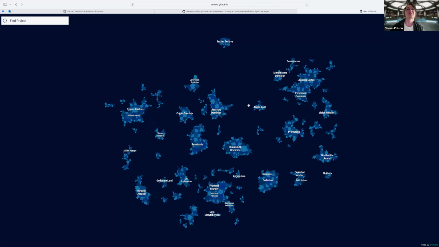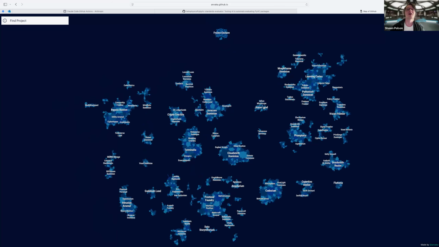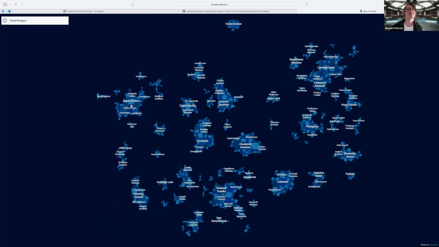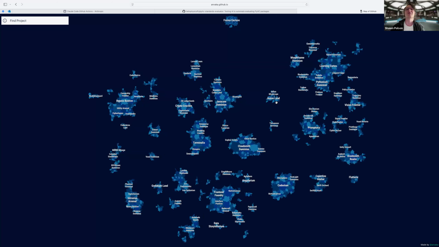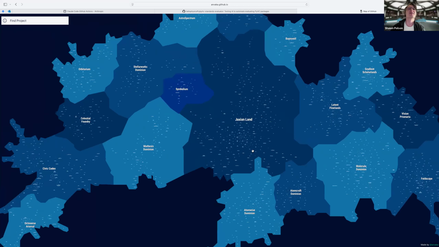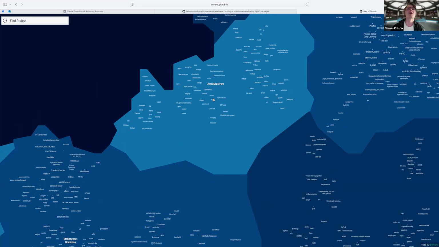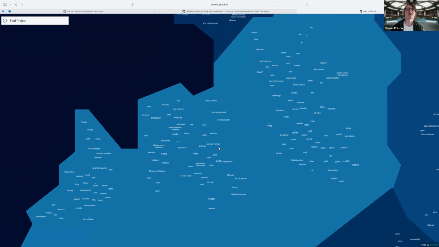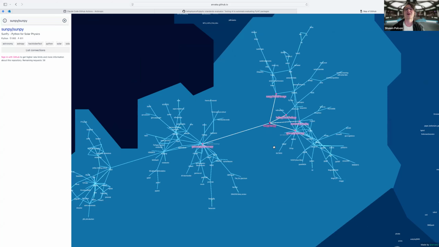What I wanted to bring up is that this is basically all the GitHub projects mapped together into little islands, by stars from the repo. I think their logic is if people star the same projects together, they're more likely to exist together in this map. But I found that we here at PyHC have our own little island in this map of GitHub, and I found it fascinating. If we zoom in over here on Jaxian land, and keep zooming further, Astrospectrum, boom, you start to get to this little cluster here. And if I click SunPy now,